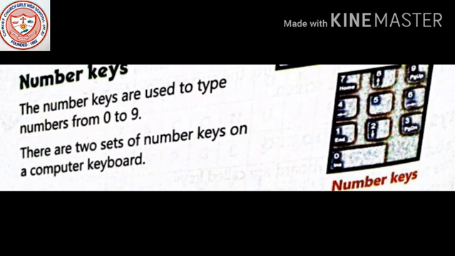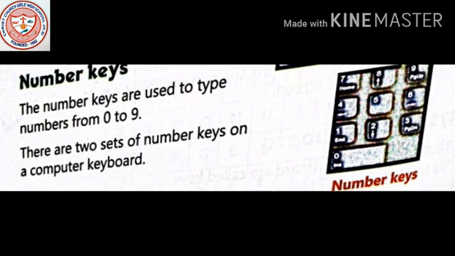There are two sets of number keys on a keyboard. You can see the image. The first one is placed horizontally above the alphabet keys, and the second one is present to the right-hand side of the alphabet keys.